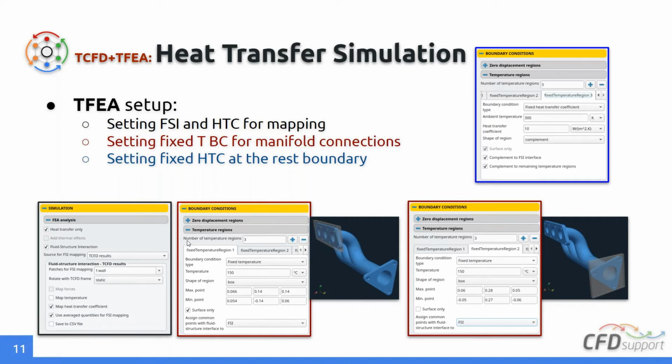Then in the boundary condition, we can add more conditions on the solid. For example, we have two regions with a fixed temperature. We can pick them by some simple shapes like box, cylinders, or spheres. We can pick the shape from the input solid geometry and set a given temperature. And then for the rest, which is also a new feature, because the external wall still has no boundary condition assigned, we can set a fixed heat transfer coefficient with a given ambient temperature,